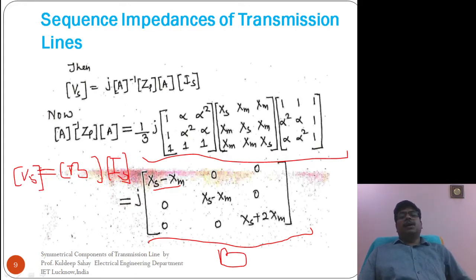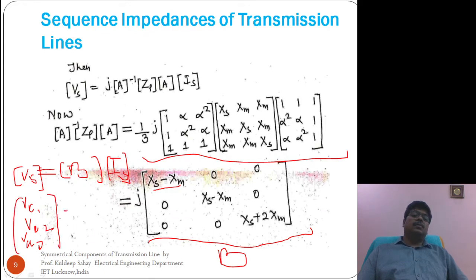So basically what I want to explain here is this element: first means positive sequence component, this Vs will be equal to Va1, Va2 and Va0, equal to B into Ia1, Ia2, Ia0. So the important thing to understand here is that